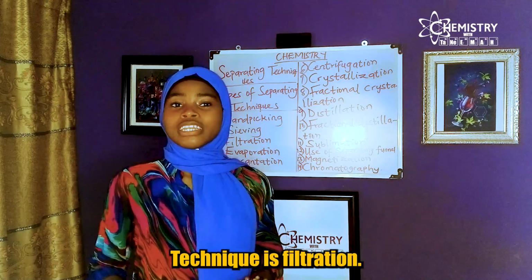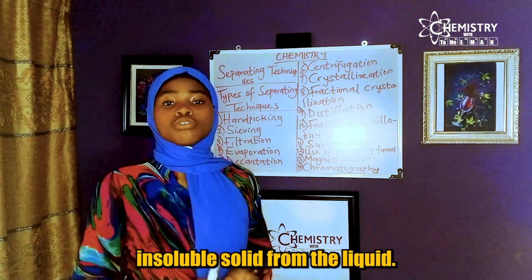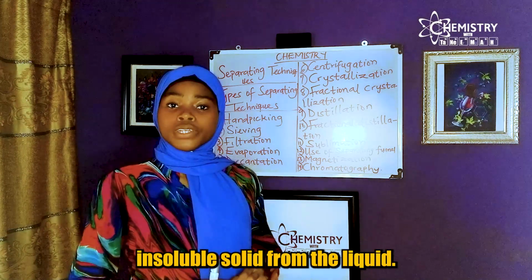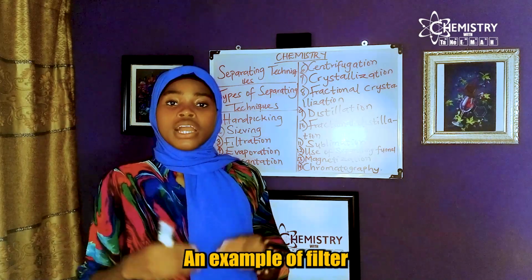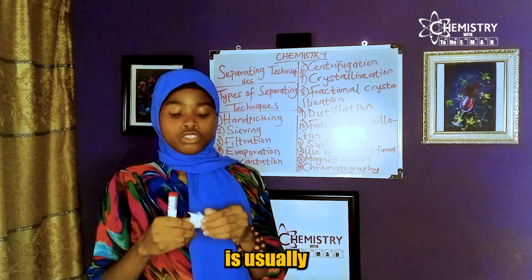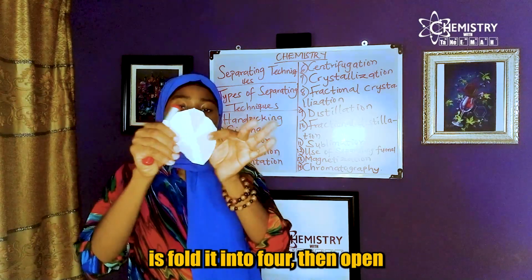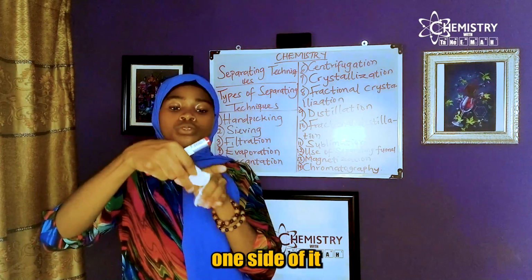Another type of separating technique is filtration. Filtration is a separating technique used to separate insoluble solids from a liquid, and we do this with the use of a filter. An example of the filter that we make use of is a filter paper. Filter paper is usually circular like this. Then all we need to do to make use of it is fold it into four, then open one side of it